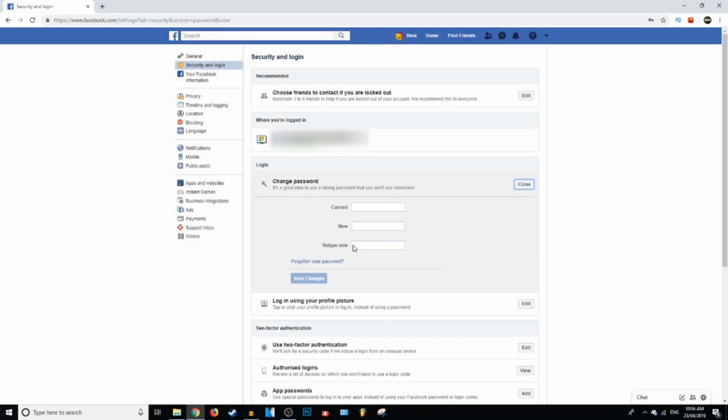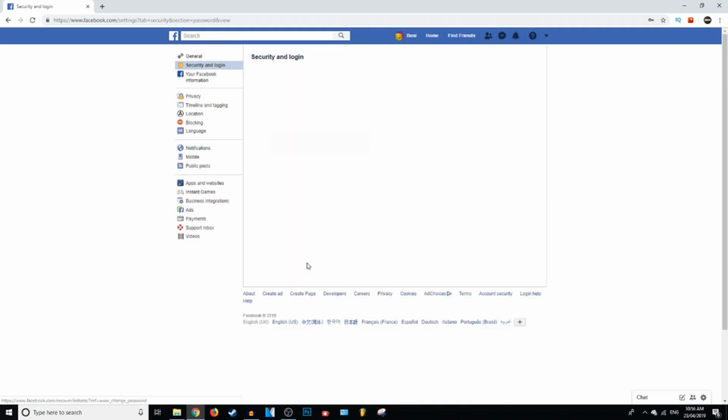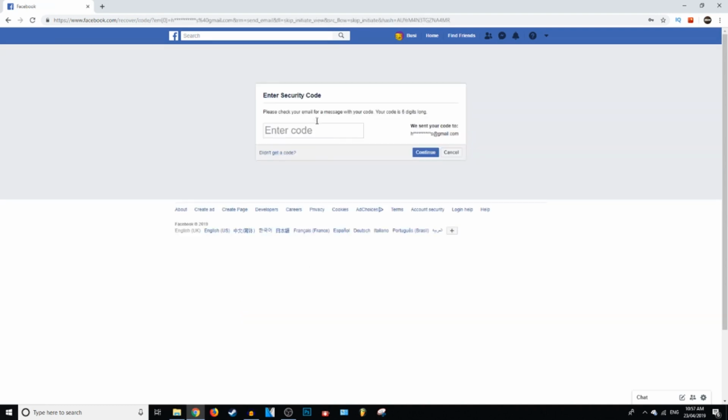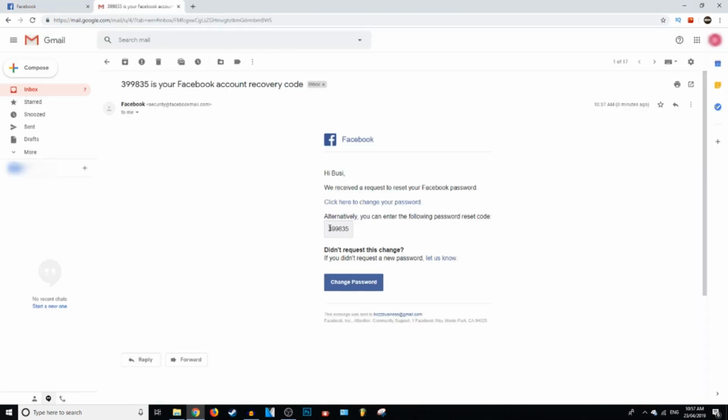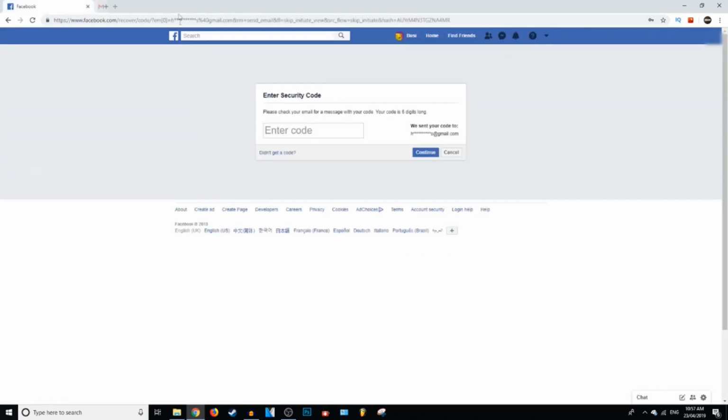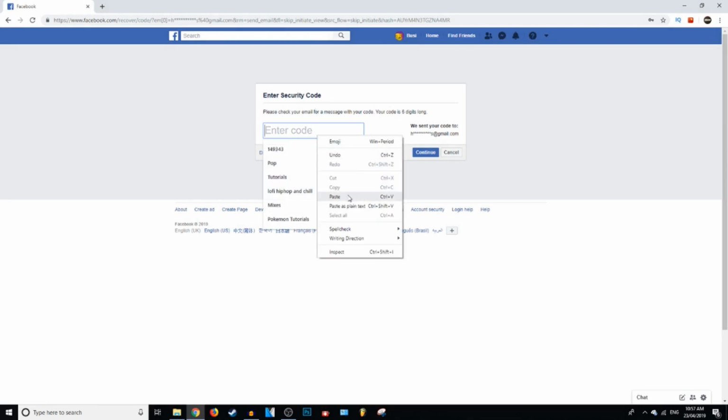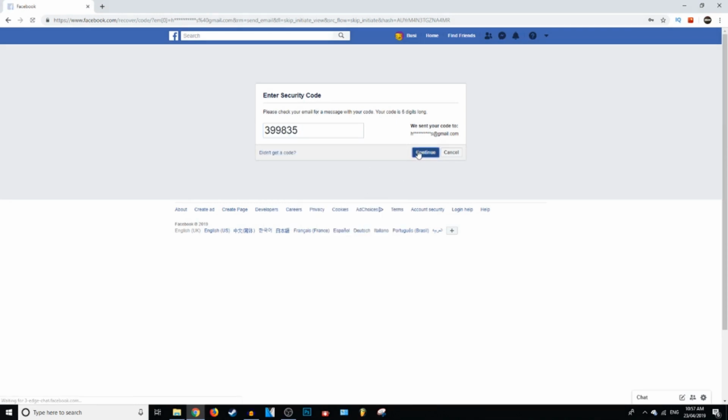So if you don't know your current password, you can go ahead and click forgotten your password, and it will take you to this security code thing. So what you want to do is go to the email that your account is logged into and get the code for it. Alright, here's the code, so just go ahead and copy and paste that in and click continue,